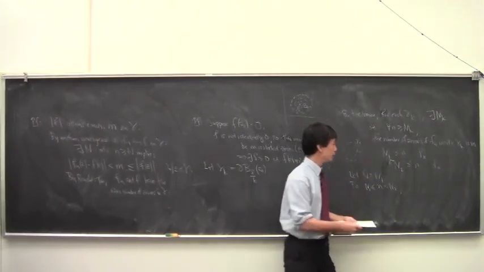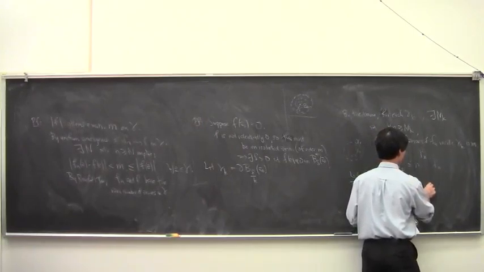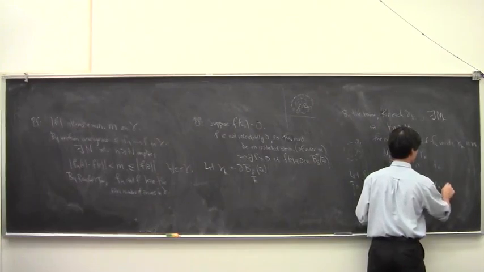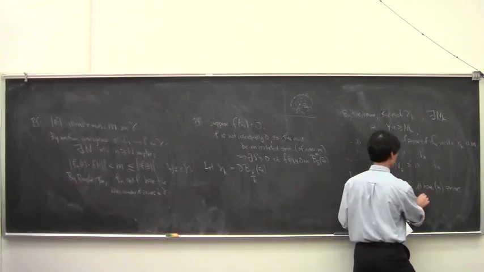So choose, the f sub n all have, in fact, m zeros. You only need one, but they have m zeros inside